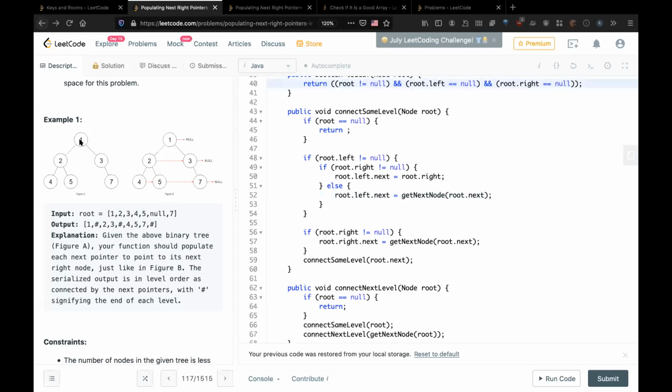Yeah, at level 1, I'm pointing 2's next to 3. So when I'm going to 2's level, I'm pointing 4's next to 5 and 5's next to 7. When I'm at level 2, 3, I'm connecting 4, 5, 7.